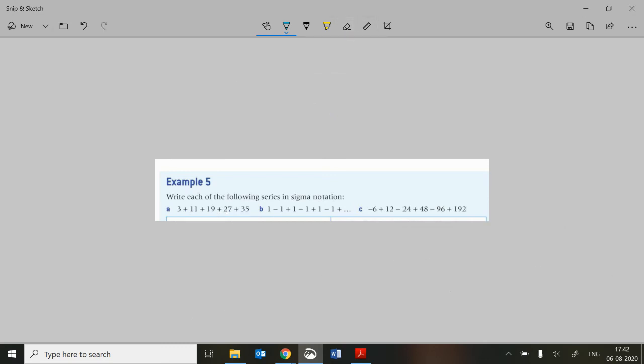Clear that one out. And for the second one, now this is carrying on forever. I spotted that this time. So we need the sum from, let's call it i this time, i is 1 to infinity. And because this is oscillating between positives and negatives, I know I'm going to need to use that trick: -1 to the power of i. Now I just need to think, if I put in 1, am I going to get a positive answer for my first term